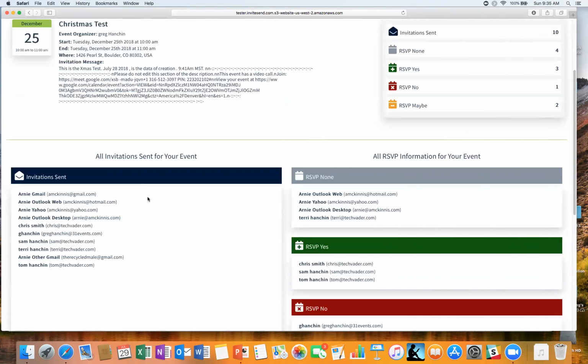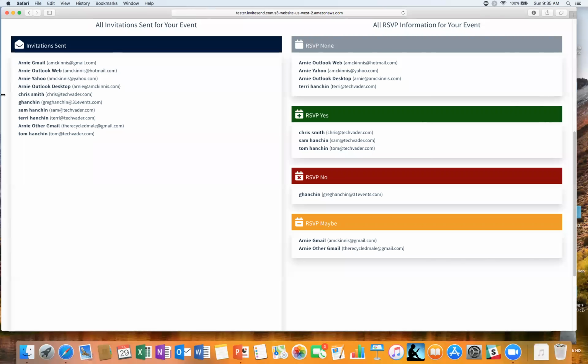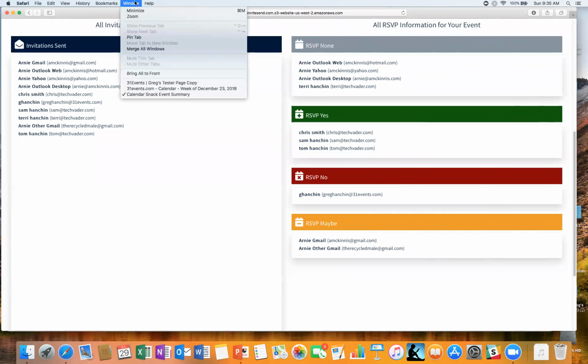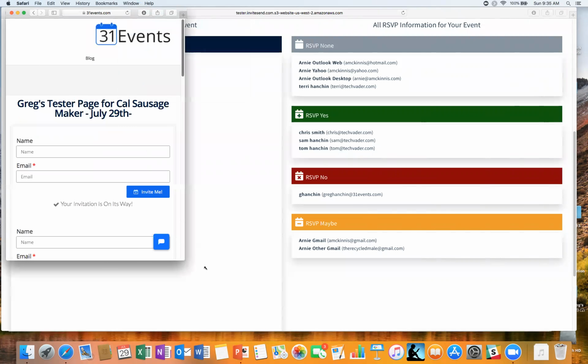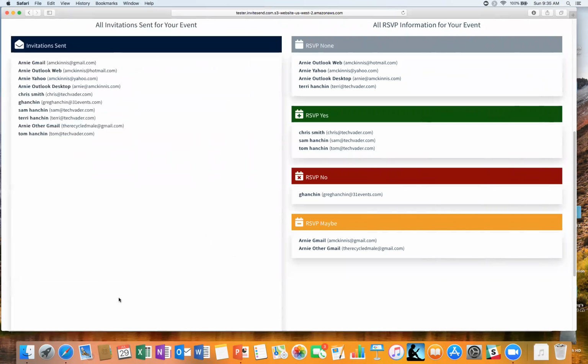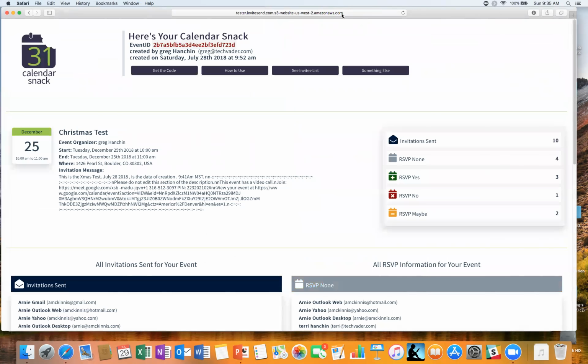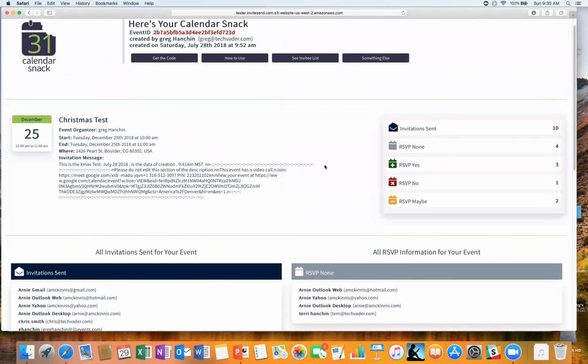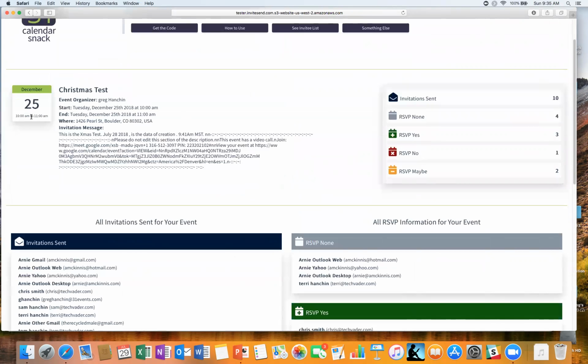And you can see that these invitations have been sent to various people off a web form. And that web form is here on a test site that we have set up. We have gone in here, put our information in here, and sent an invitation to ourselves for a calendar invite that has showed up here. And what I'm going to show you is that this reporting engine is tracking this specific event. In this case here, it's for December 25th, 2018, and I will take you to the personas of 4 different